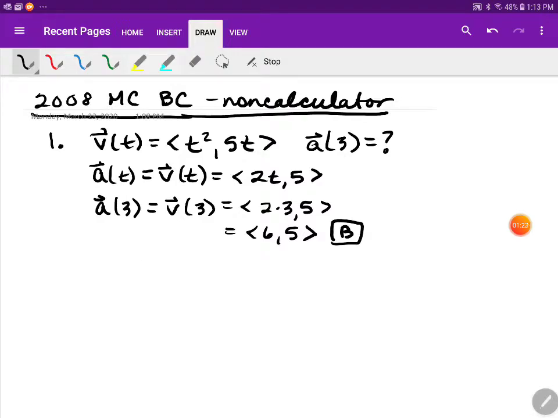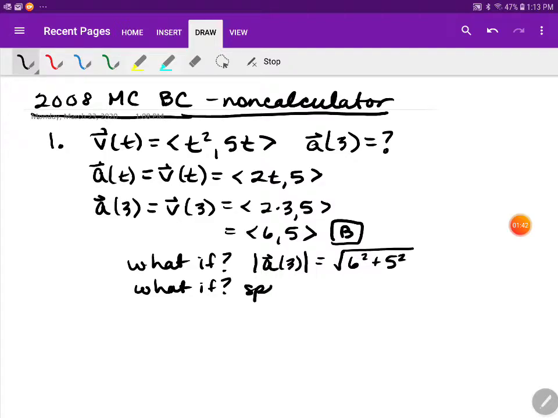Just as a little extra, we'll say what if. Okay, so what if they wanted the magnitude of the acceleration? Okay, that would be the square root of 6 squared plus 5 squared. Or what if